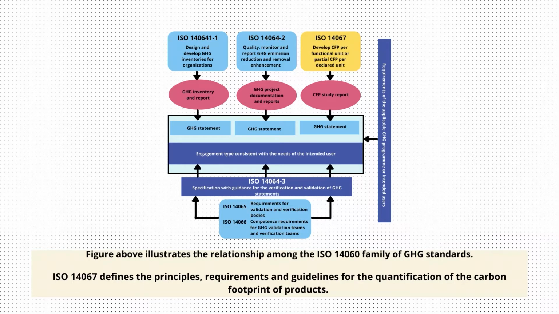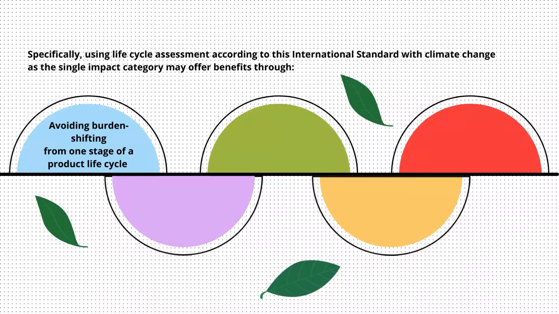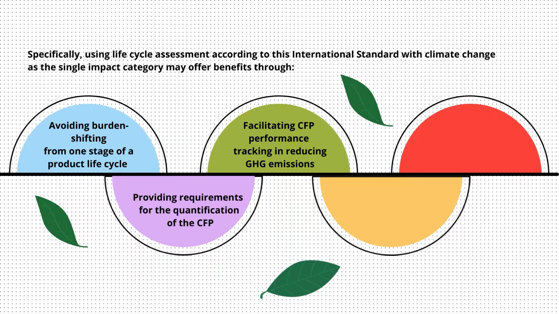ISO 14067. This document defines the principles, requirements, and guidelines for the quantification of the carbon footprint of products. Specifically, using life cycle assessment according to this international standard with climate change as the single impact category may offer benefits through avoiding burden shifting from one stage of a product life cycle to another or between product life cycles, providing requirements for the quantification of the CFP, facilitating CFP performance tracking and reducing GHG emissions, providing a better understanding of the CFP such that potential opportunities for increases in GHG removals and reductions of GHG emissions might be identified,